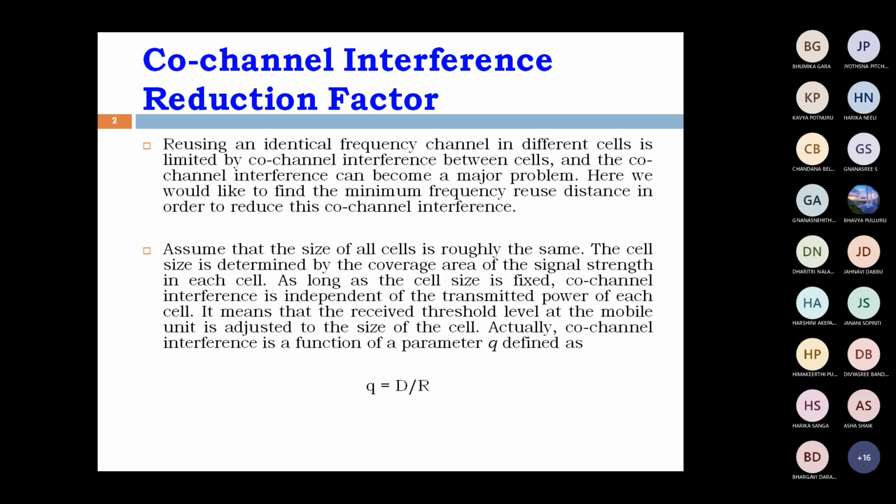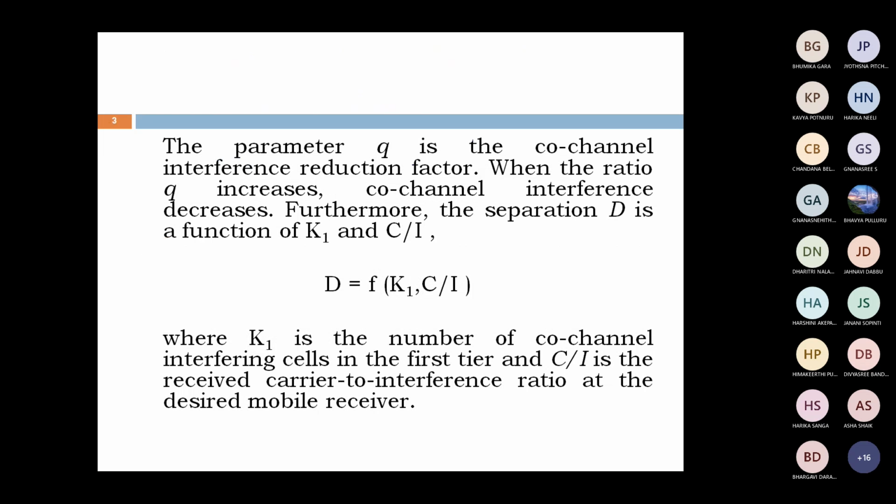Next, the relation is the co-channel interference reduction factor, capital Q, which equals D by R. Q equals D by R. What is D here? The frequency reuse distance, divided by capital R, the radius of a cell. See from this, right? The co-channel interference reduction factor Q value increases. When Q value increases, based on the formula Q equals D by R,